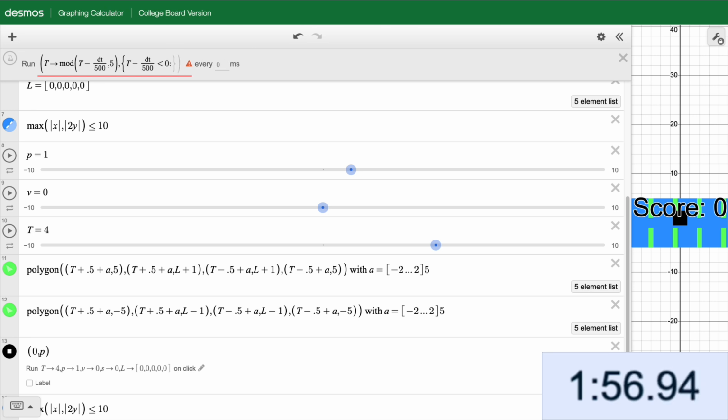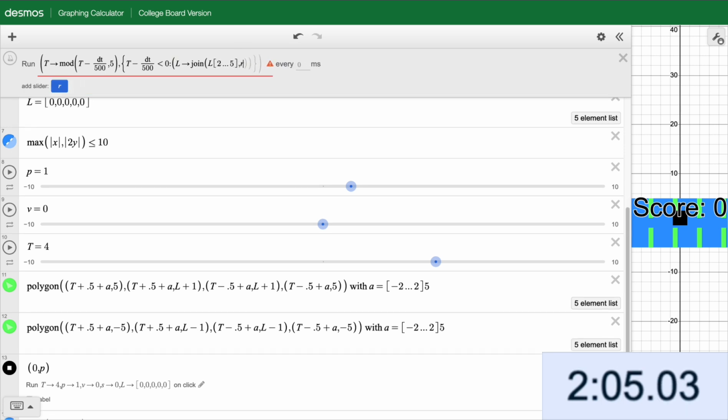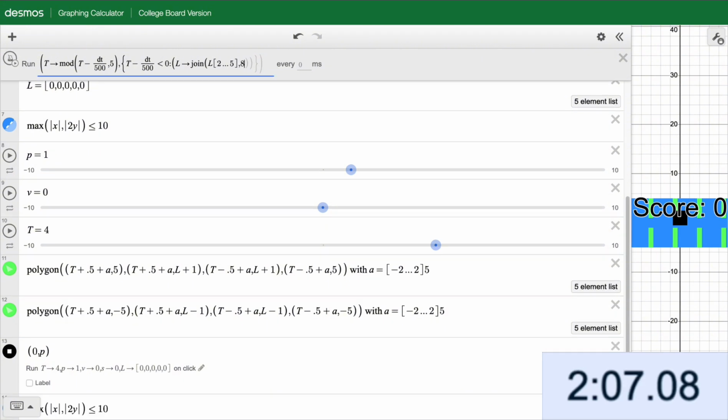And then we add another condition that when t minus dt over 500, or the next iteration, is going to be less than 0, we can then add another set of poles and remove the very first pole that we've passed already. Here we use random, so we can randomize the positions of the poles. Here, S to S plus 1 will make sure that every time we pass a pole, we will gain 1